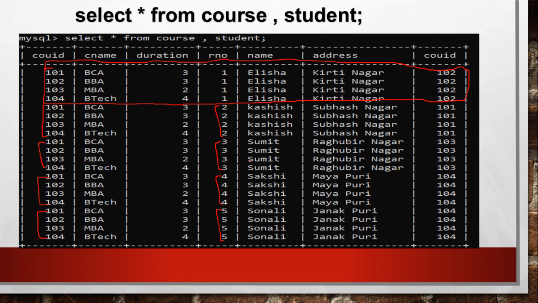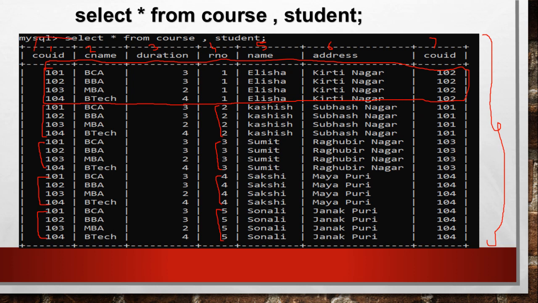So first of all, as I told you, this is basically a resultant table. Okay, this is basically the resultant table. And the degree means the number of columns in this table. How many are there? 1, 2, 3, 4, 5, 6 and 7, and you can see that